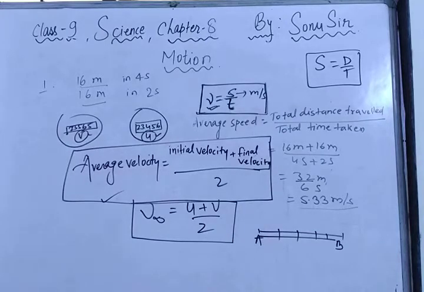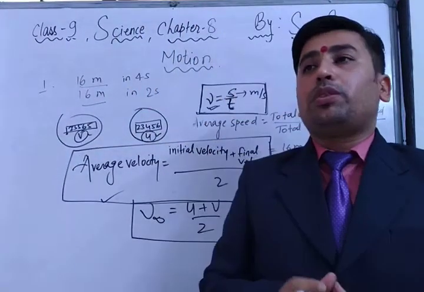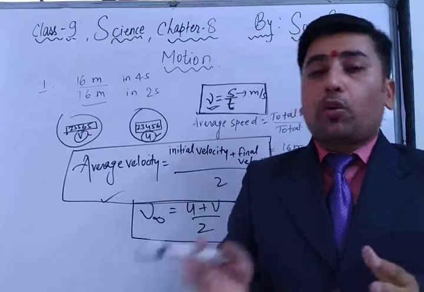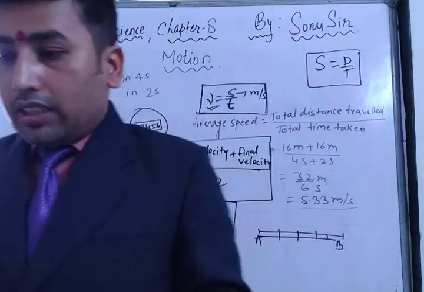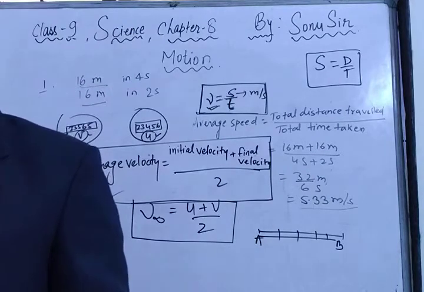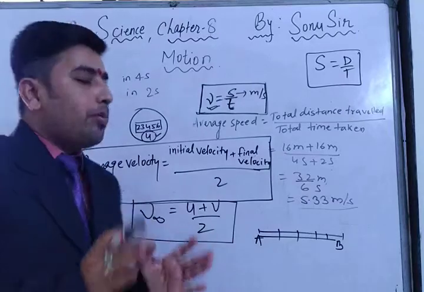What does the path of an object look like when it is in uniform motion? Means uniform motion, as I had already explained to you, when an object travels equal distance in equal intervals of time, it is called uniform motion. And the question is, what does the path of an object look like? In uniform motion, an object can move along any kind of path, but the speed must remain constant.